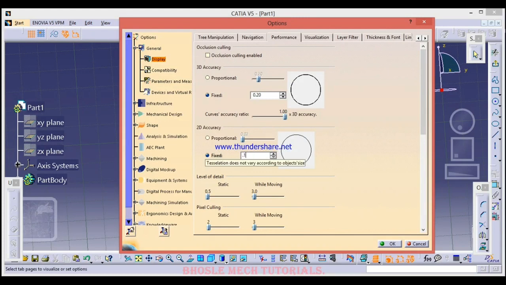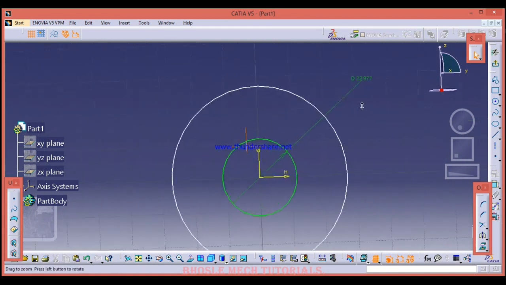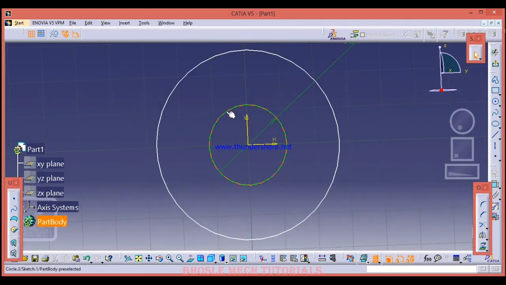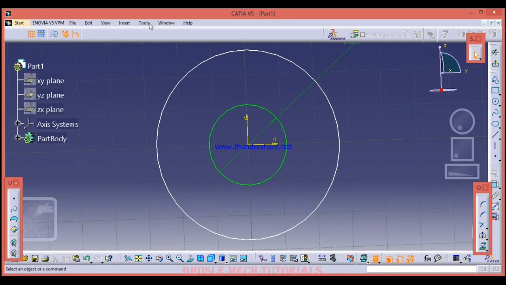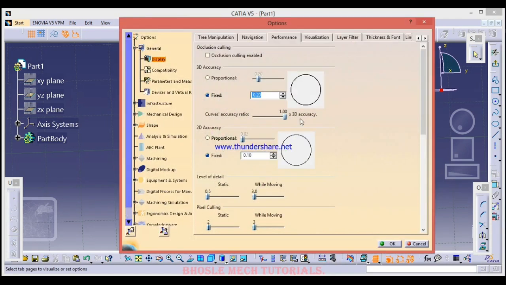If you have a system with more RAM, you can go for 0.01 also, then you will get more accurate sketches. That's it. And for 3D accuracy, 0.02 is enough.